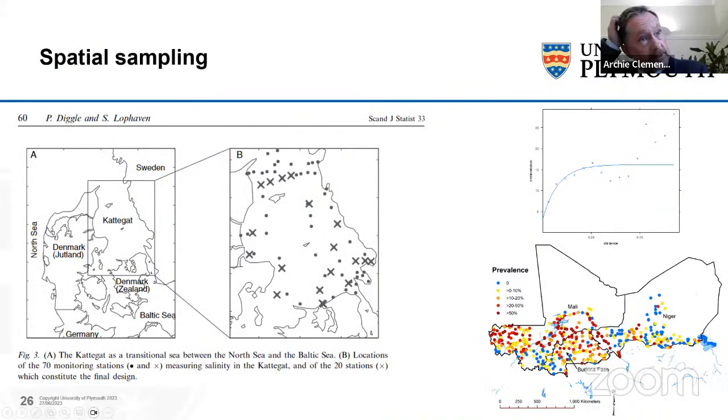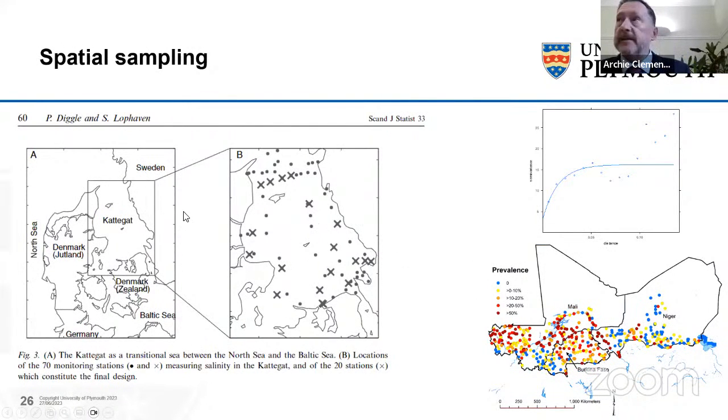Another thing that I wanted to mention is spatial sampling. So often as spatial epidemiologists, we're given data that was collected for some purpose other than spatial analysis and spatial prediction. And that data is suboptimal for the purposes of spatial analysis, and it results in areas of the map where you've got higher levels of uncertainty, areas where you've got more certainty because you've got an uneven distribution. I'm referencing here the work of Peter Diggle, who actually developed the concept of model-based geostatistics, and he did a lot of work around optimal spatial sampling designs.